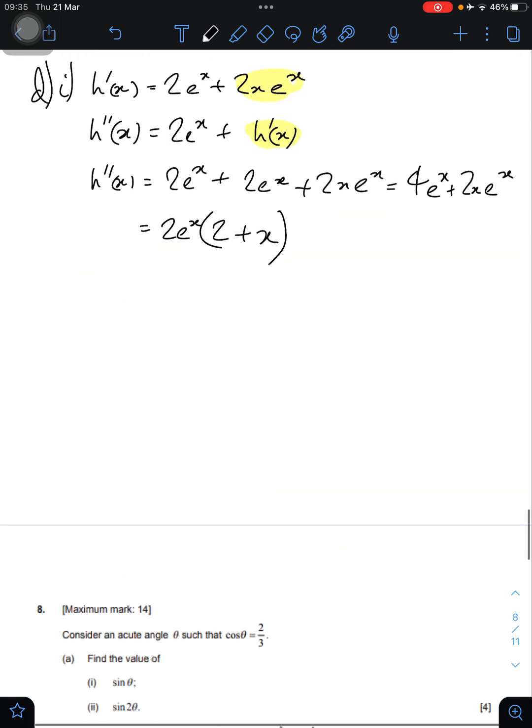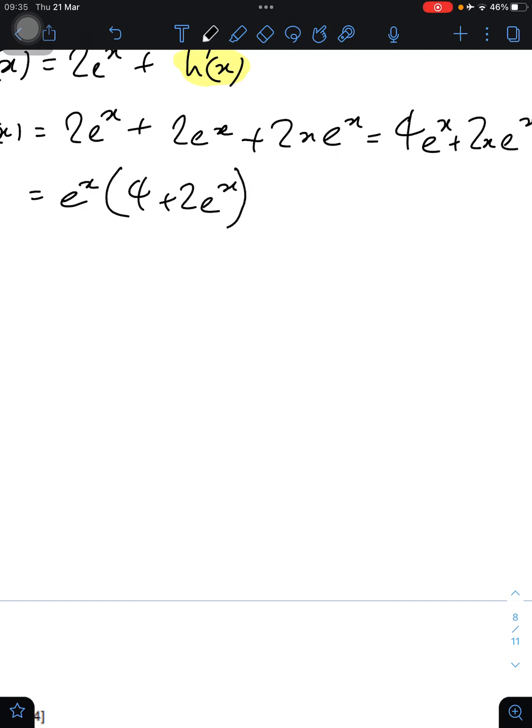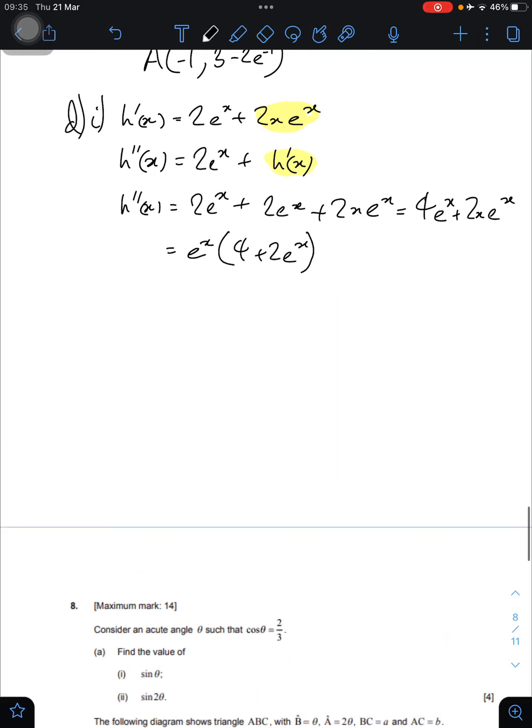Oh, they've left the 2 inside. Okay, fine. You can leave the 2 inside if you like. All they've done is factor out e to the x. So therefore we get 4 plus 2x, all times e to the x, as given. Second part